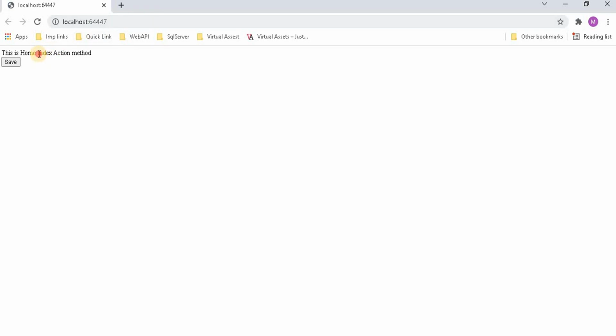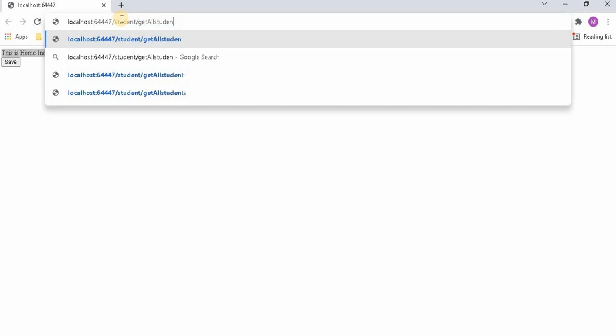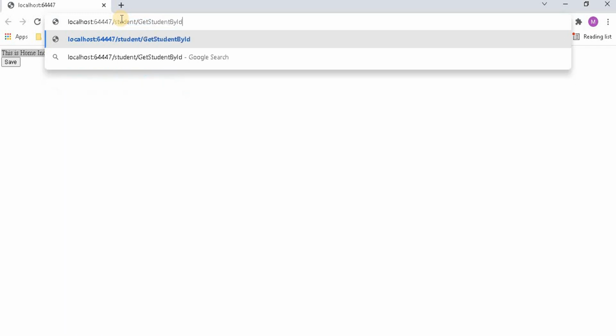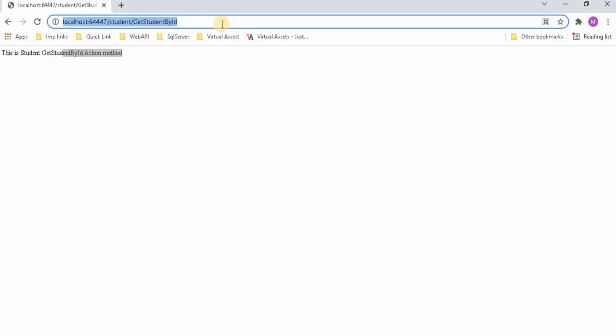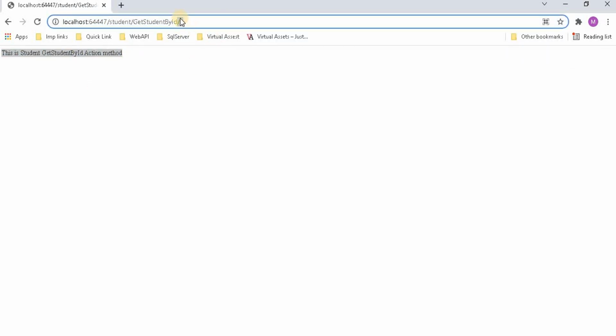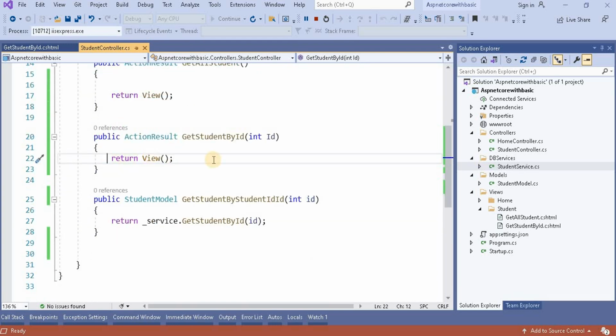This is the URL, this is the home page. We have to navigate to student, and then to get student by ID. So currently this is the get student by ID page. It does not give any error because we are not using that ID. If you pass any value, it will work in the same way, because we are not using the ID parameter which we are passing, so it is working well. At this first point, we are not passing anything to the view.